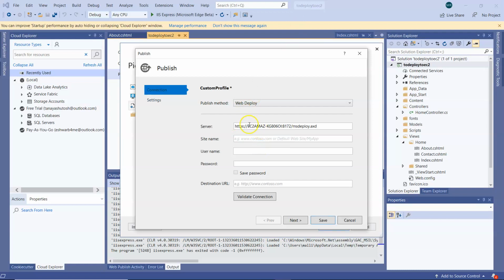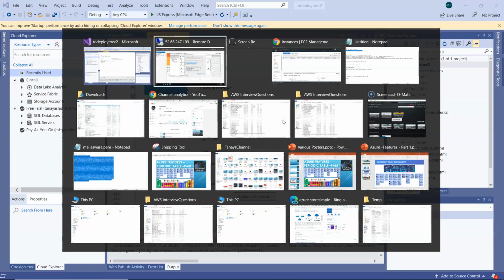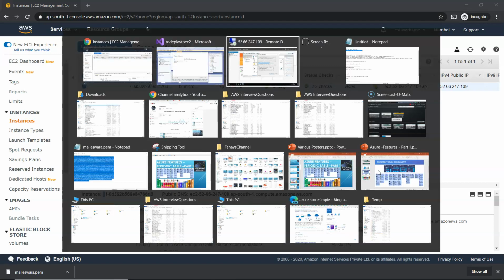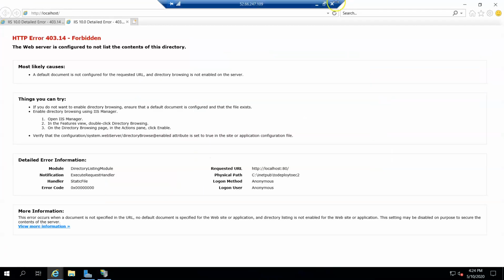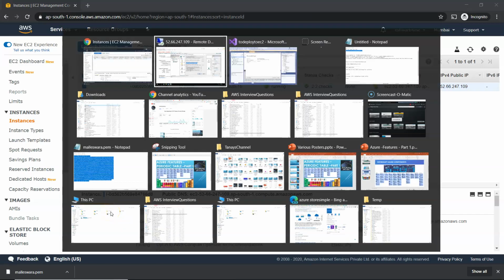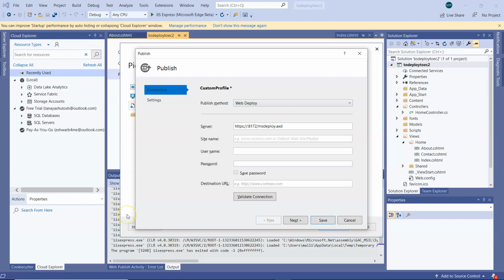Paste the server. Instead of taking the machine name, take the IP from your console of your AWS. So I'm just copying my IP address here. The other one, you need a site name.